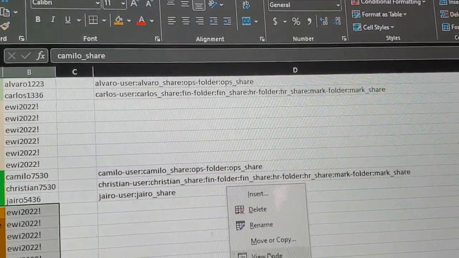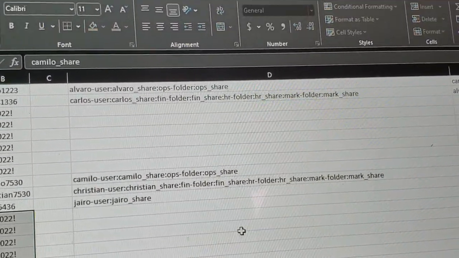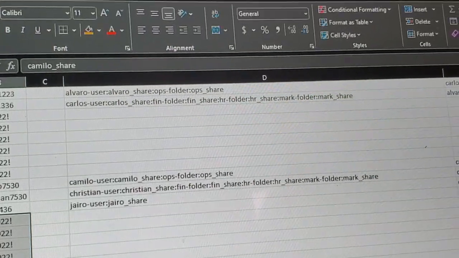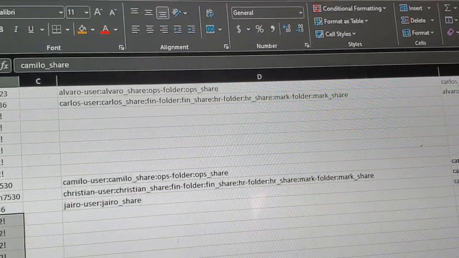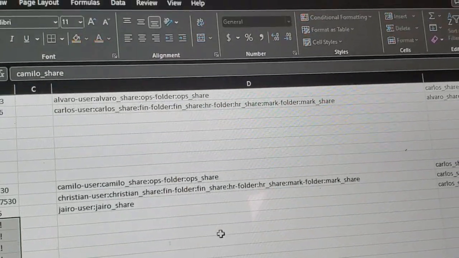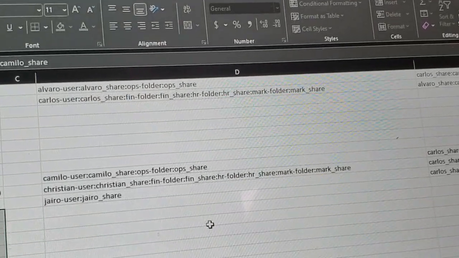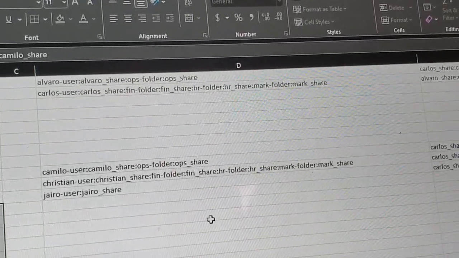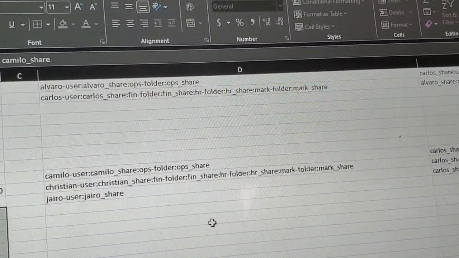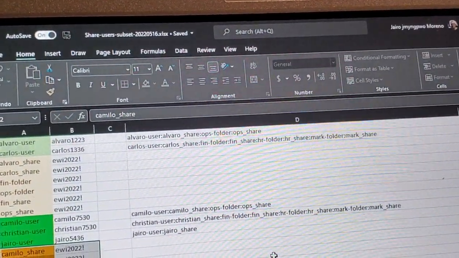So I'm gonna rename stage 2. So maybe I have to, what do I have to do? I have to